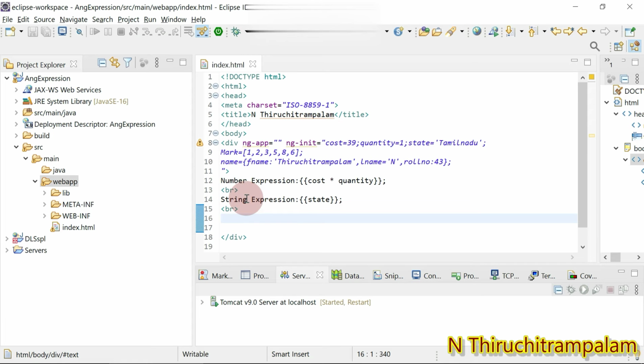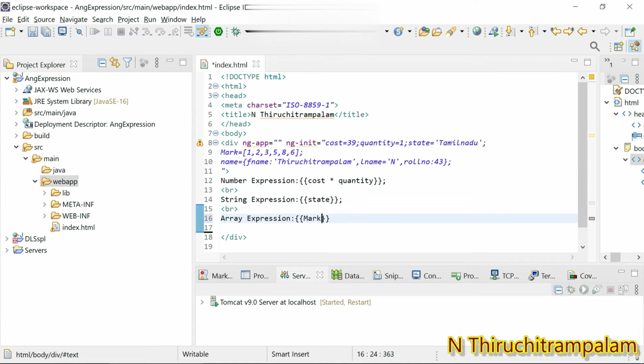Within the curly braces we need to use the array variable name. What is the array variable name? Mark, M-A-R-K.